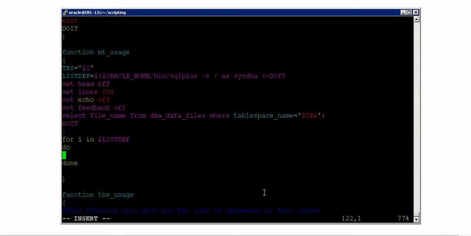How can you identify the mount point name? It's the first value after we awk it, right? So I should say echo dollar list dbf, and out of which awk it, where the field separator is double quotations or single quotes like this.